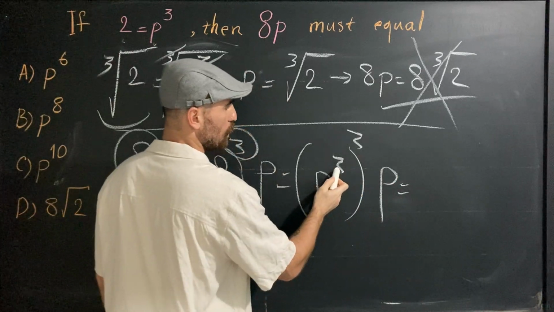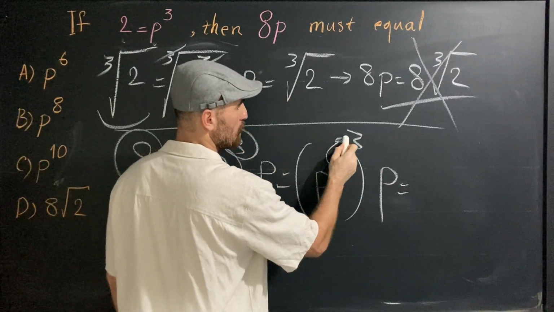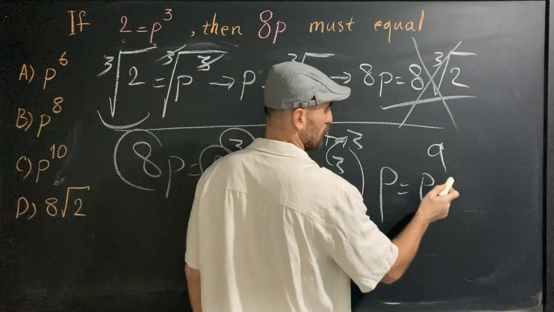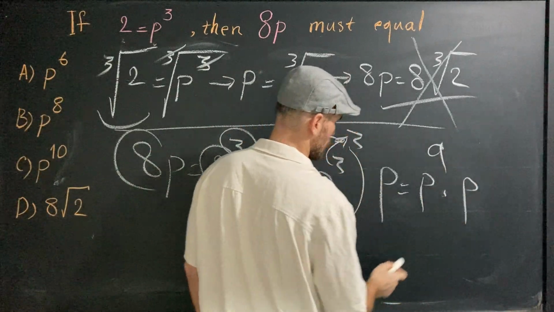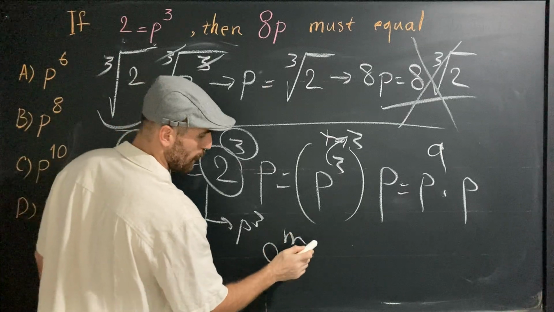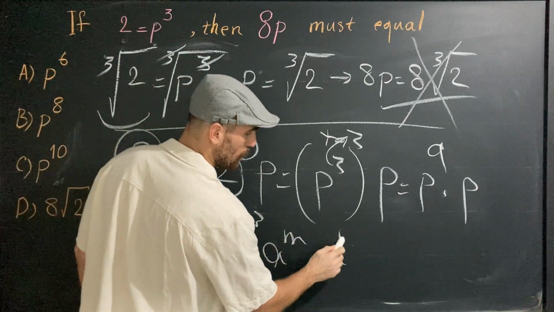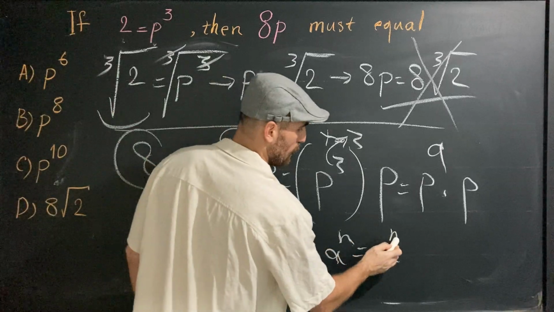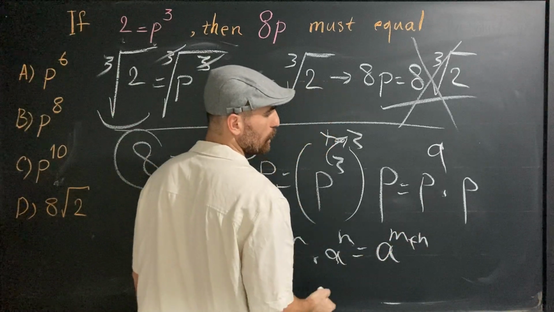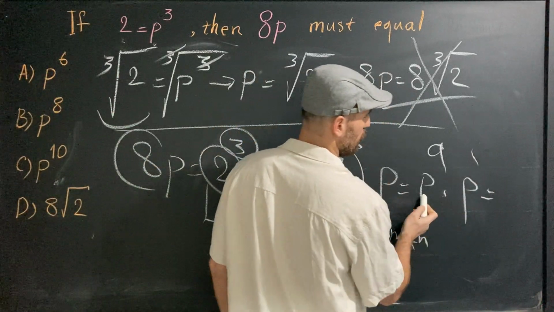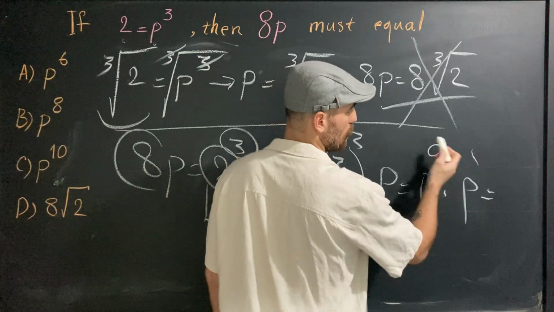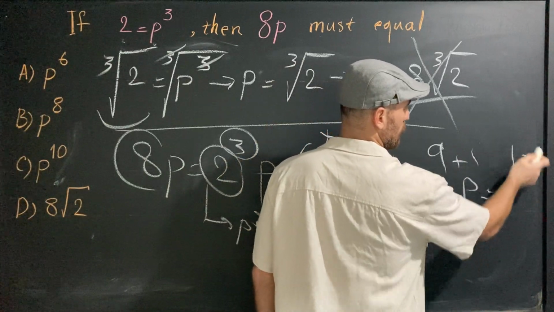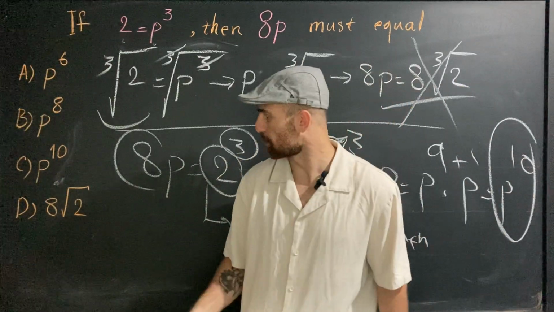What is this? p cube raised to the power of 3 is p raised to the power of 3 times 3, or 9, times p. What is this? As you know, a to the power of m times a to the power of n, same base, right? We add the exponents. So it is going to be p to the power of 9 times p to the power of 1, or p to the power of 9 plus 1, which is 10. And this is the correct answer. Option